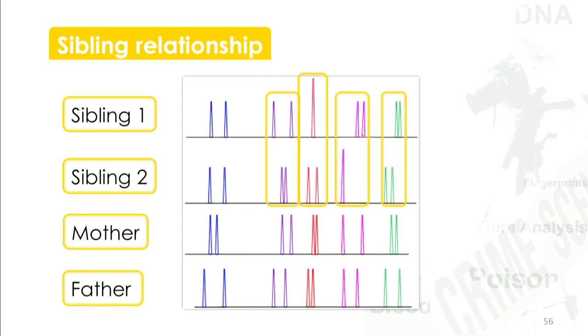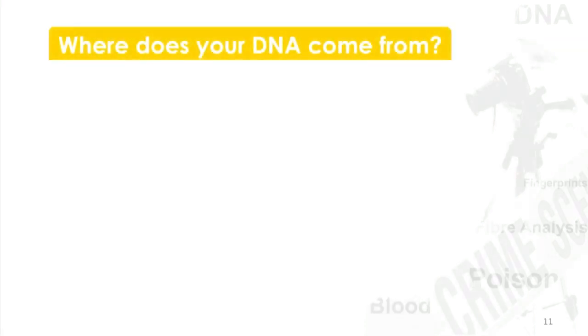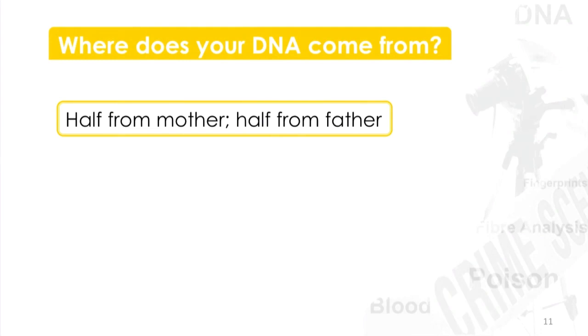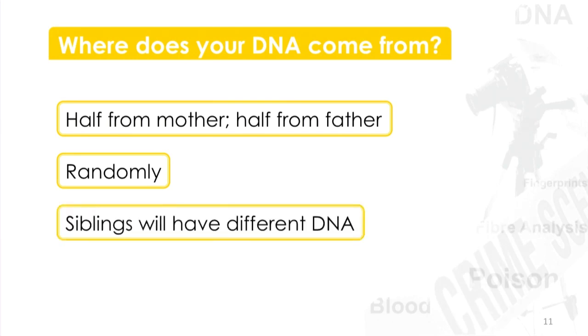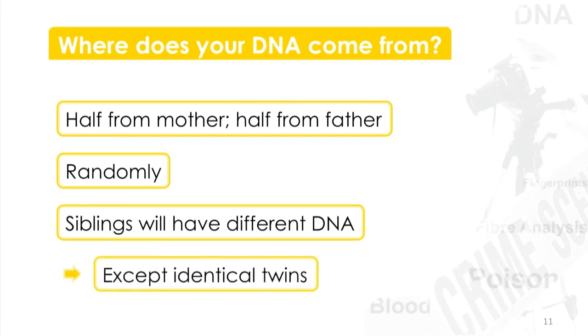So let's recap. Where does your DNA come from? Half of it from your mother, half of it from your father, somewhat randomly. So brothers and sisters will have different DNA when the profiling is done. The exception, of course, is identical twins. Okay, identical twins, because they come from the same sperm and the same egg, will have the same DNA. And this causes problems. If you have a crime committed by a guy who has an identical twin, how do